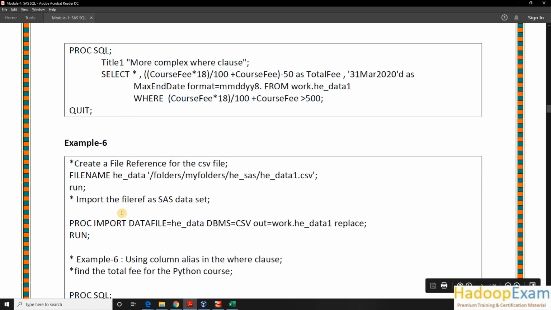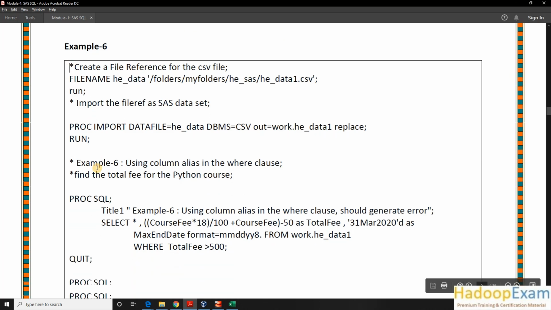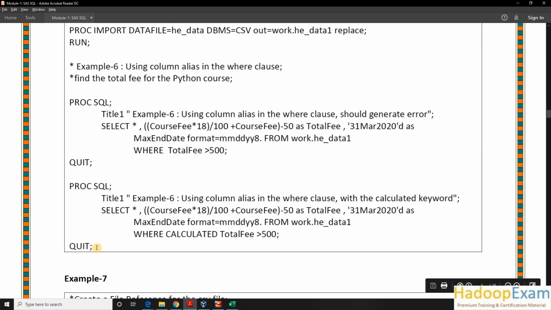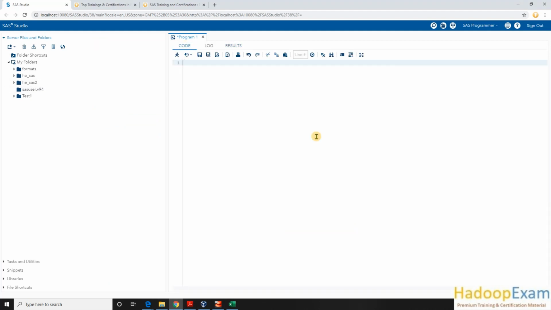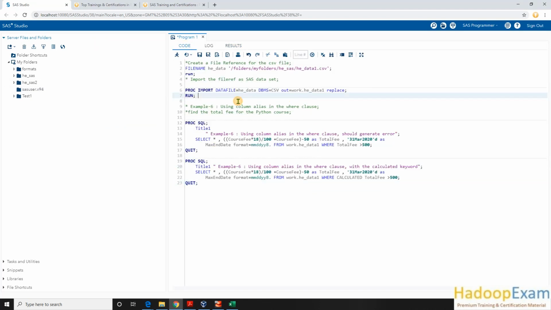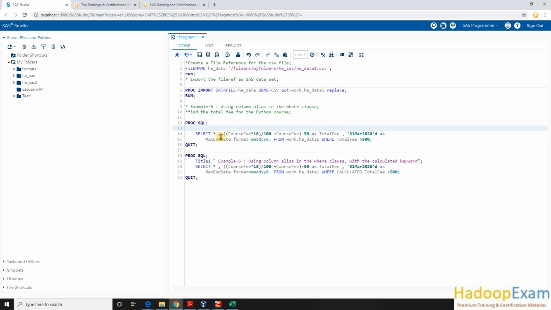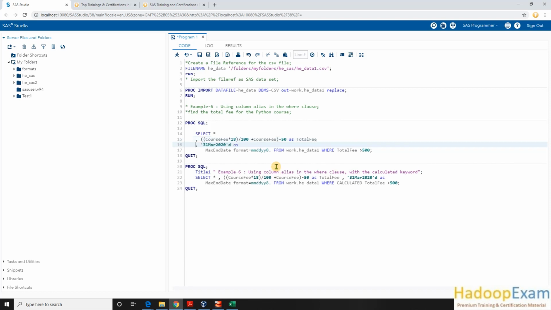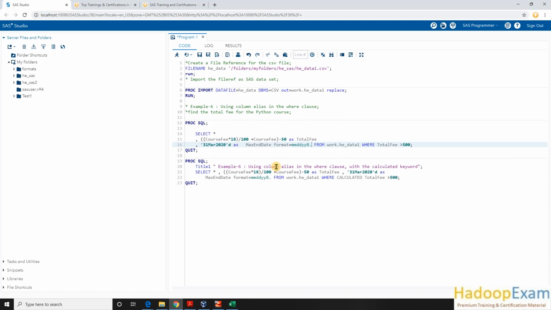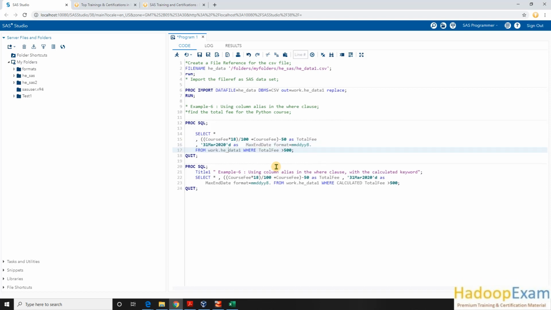So let's move further on to the sixth example, so that it would be easy to understand, because examples always help. Here again is the same data set, nothing special. Let me remove this title, no confusion here. In the first query, we select star, then deduct using the expression with the $50 removed, the max end date, which we have already done, and give the columns having a fee of more than 500.